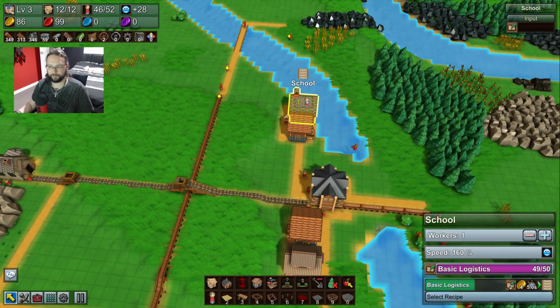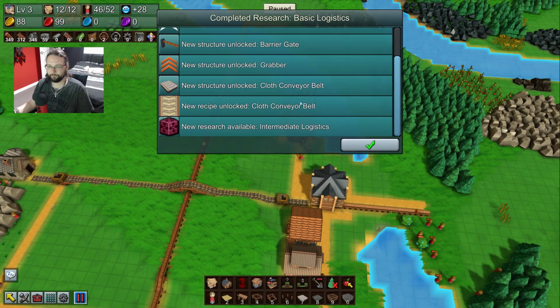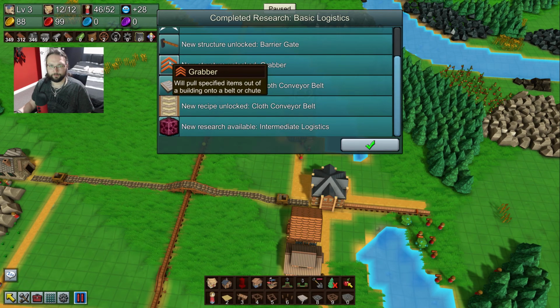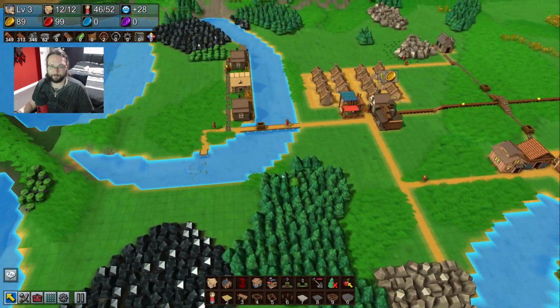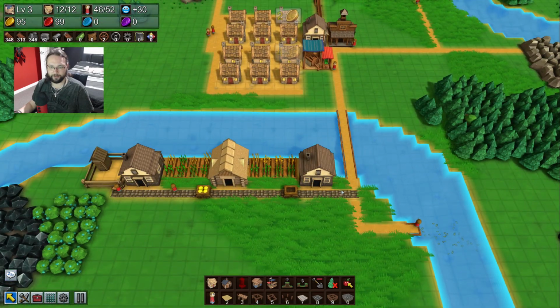How are you doing over this way? We're on 49. 50, there we go. Onto a belt or a chute. So chutes do work for now. That is beautiful to know, because what I can do now...